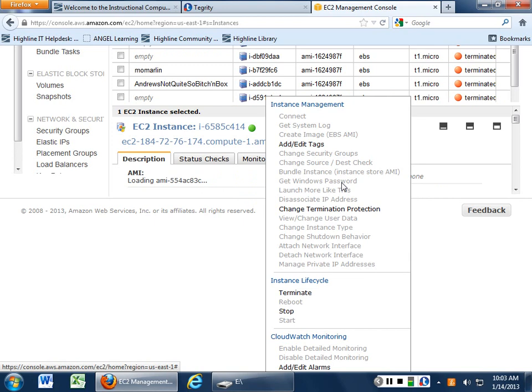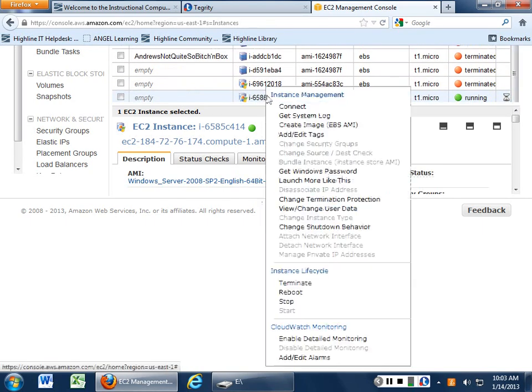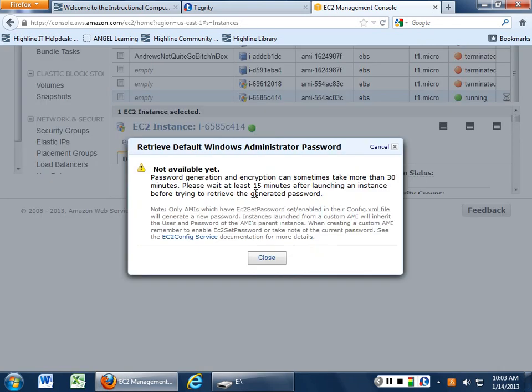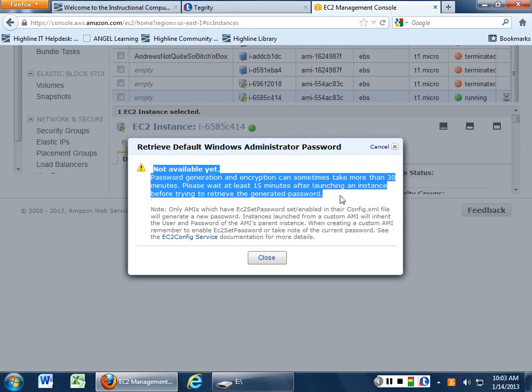All right. Does that mean my box came up yet? Yes. So one of the things you want to do is you want to get the Windows password, right? And what that does is that you wait, but it will automatically generate you a new Windows password. All right. So when you get it, then you can just go through standard RDP to go through and connect,